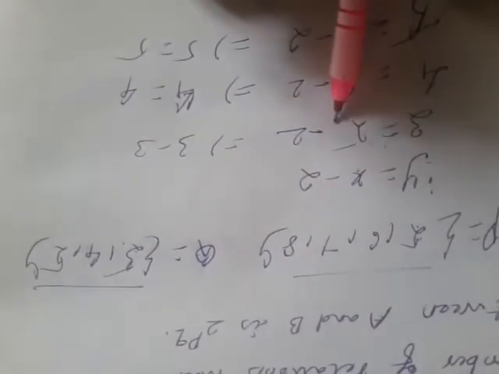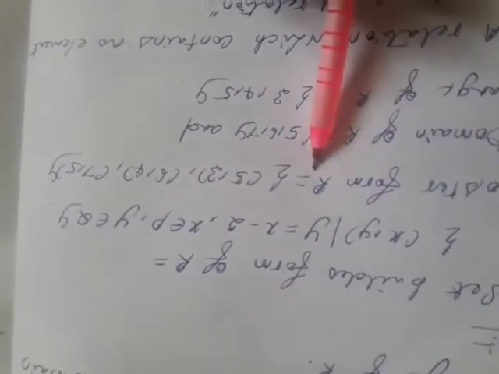So the condition we have taken is y equals x minus 2, and based on this condition the answers came correctly. So the set builder form is x comma y such that y equals x minus 2, where x belongs to capital P and y belongs to capital Q. That's all. The next one, roster form: write all the pairs, 5 comma 3, 6 comma 4, 7 comma 5. 8 we need not consider because 8 doesn't have any value. This is the roster form.